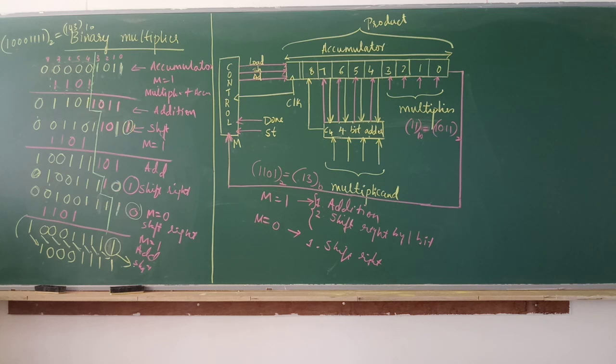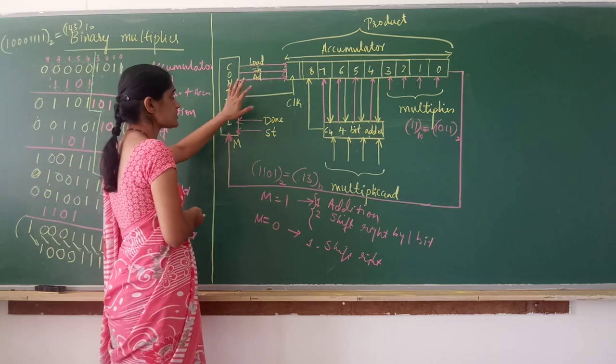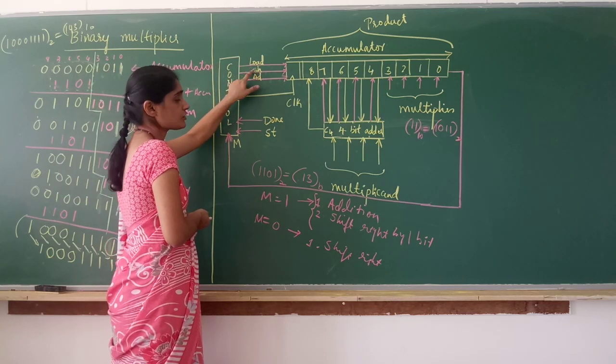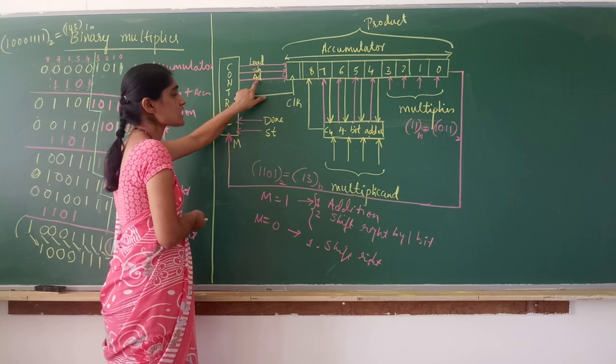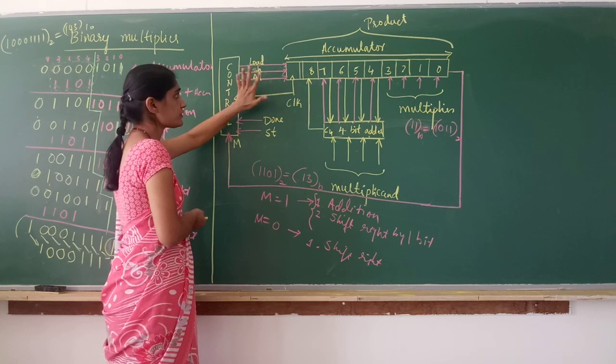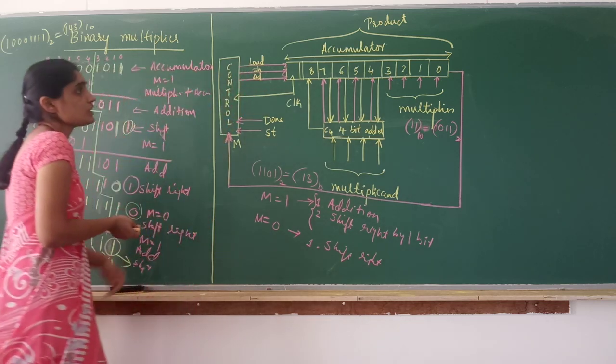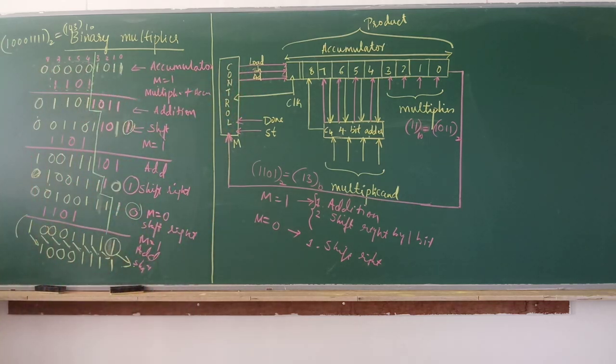Now for this, let us write the state diagram. Okay. So now let us write the state diagram for the same. The control circuit must be designed to output the proper sequence of add and shift signals. In order to perform this, the control unit gives out the proper sequence of add and shift. When m is equal to 1, it should give first add, then shift. If m is 0, only shift. There should not be any add signal. So the state diagram we are going to write now will be for the control unit to give out the proper sequence of add and shift signals.